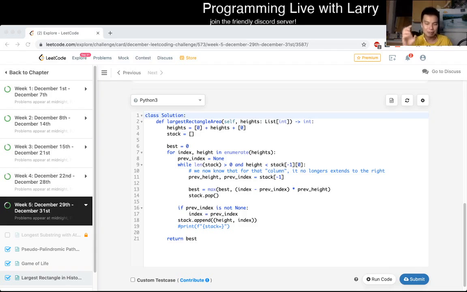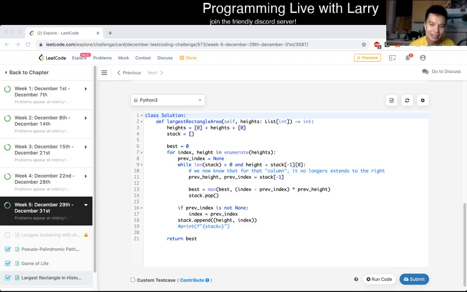And to the left, if you have almost a contradiction where you have a smaller later number, well, that number means the journey has already ended for the taller building, because that taller building can no longer extend to the right. So in that sense, that's why you keep on popping it until the building is smaller, and then at the very end we do this calculation because, well, this